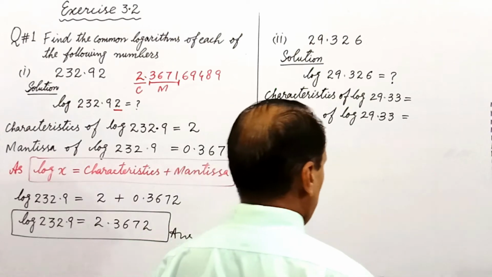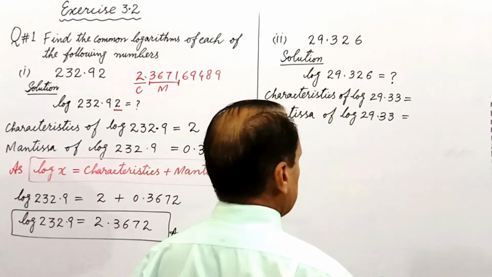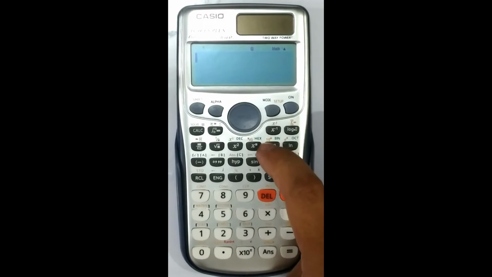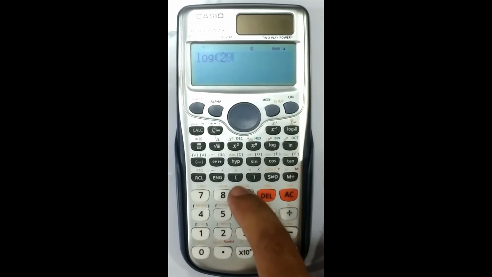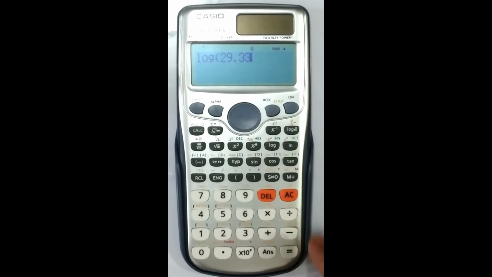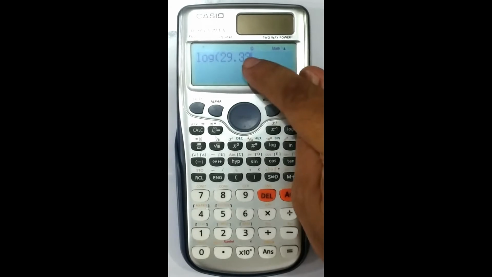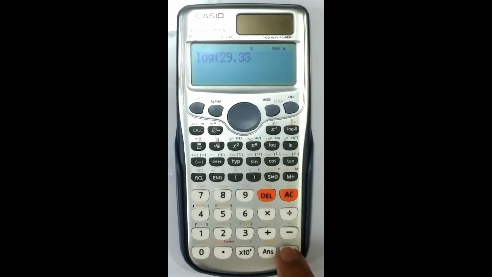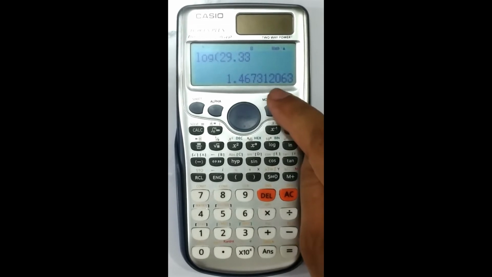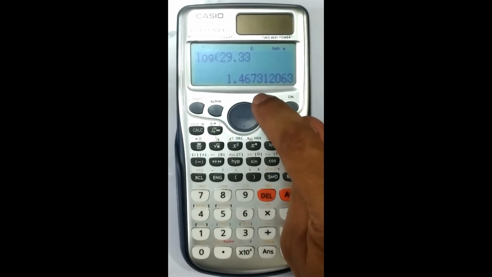When we use the calculator, we press the function of log and then press the number whose logarithm is required, and that is 29.33. After pressing log 29.33, we press equal and we get the required result, and that is